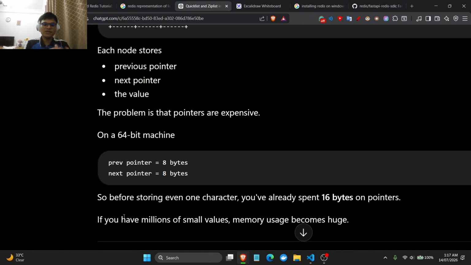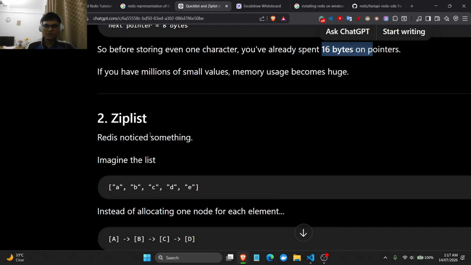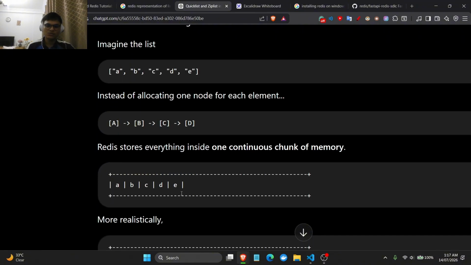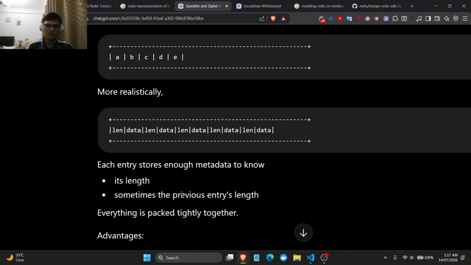So before storing one character, I've already sent you. Exactly, that's the point, right? Whenever you use a doubly linked list, even though you're giving yourself the capability of traversing in both directions, your space complexity kind of sucks, right? Which kind of becomes a ziplist. In order to represent the list, instead of allocating one node for each element, it just stores everything inside one contiguous chunk of memory. More realistically,